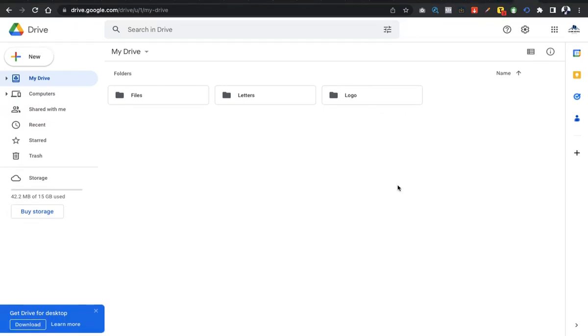Hi guys, in this video I want to show you the better and the simplest way to download all your files from your Google Drive. Yes, how to simply download all your files from your Google Drive. Now, you might have seen so many videos telling you if you need to download your files from Google Drive,